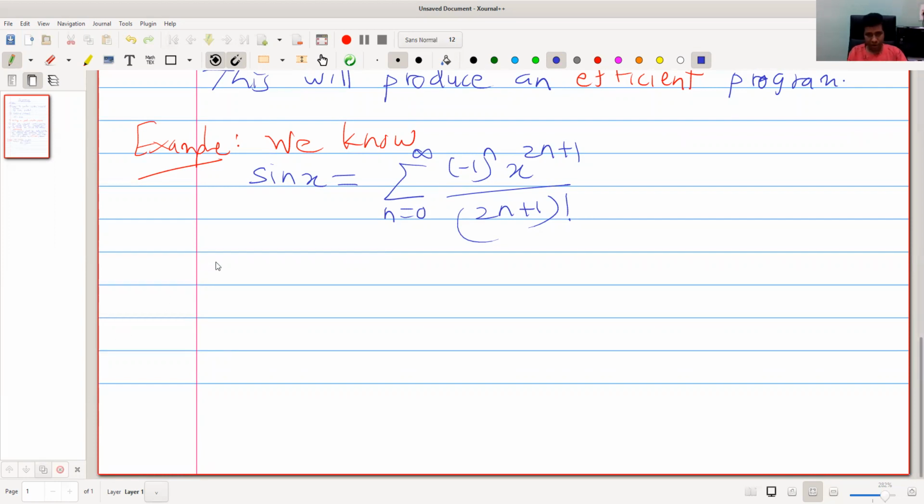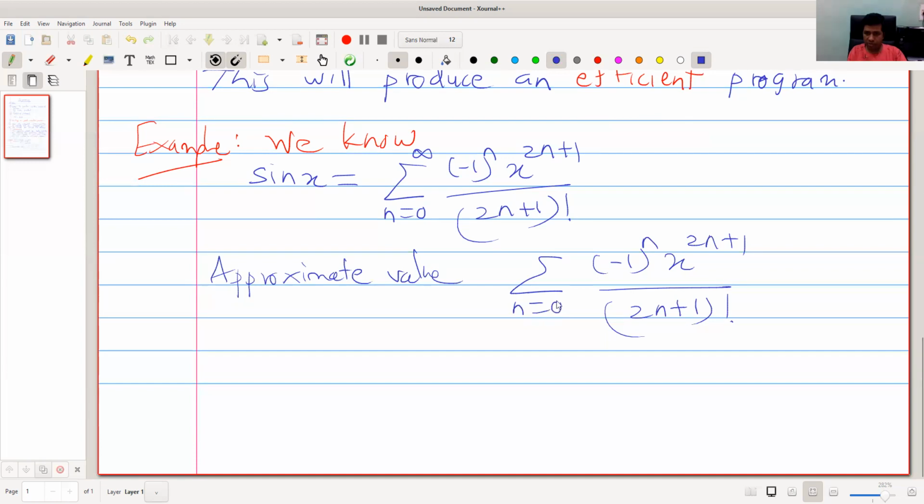So the approximate value is the summation of minus 1 raised to n, x raised to 2n plus 1, divided by 2n plus 1 factorial, n from 0 to say 100. So this will produce an approximate value. Now utilize the computer to find this finite sum.